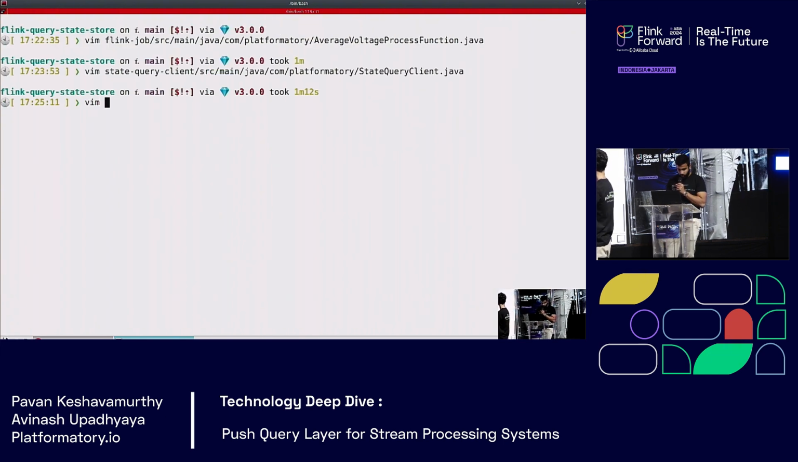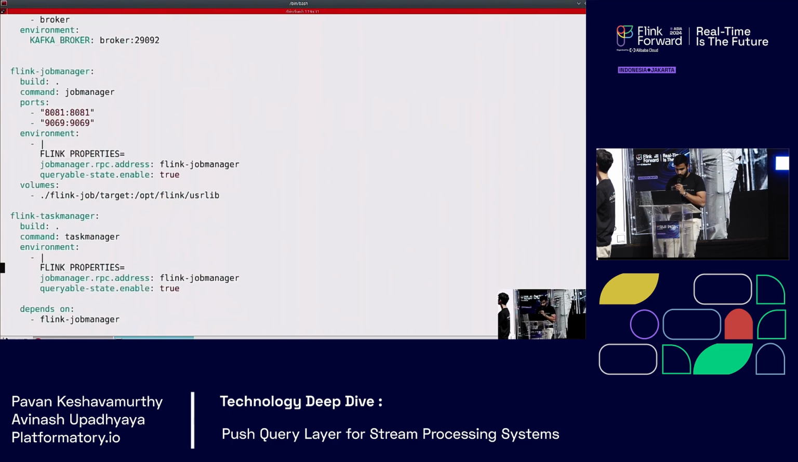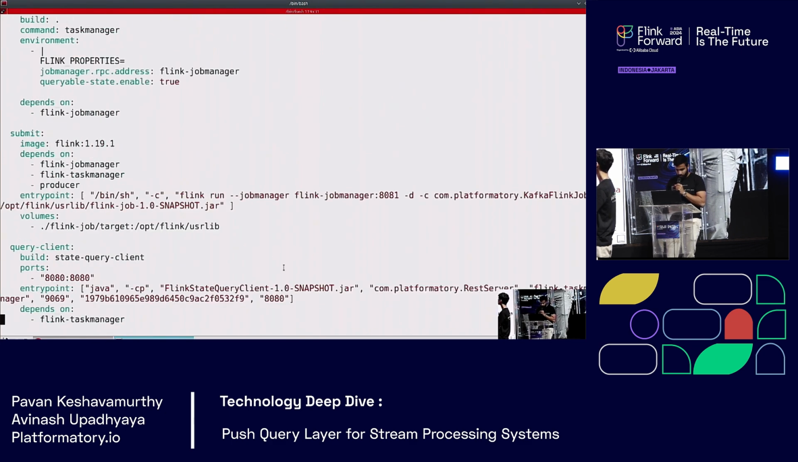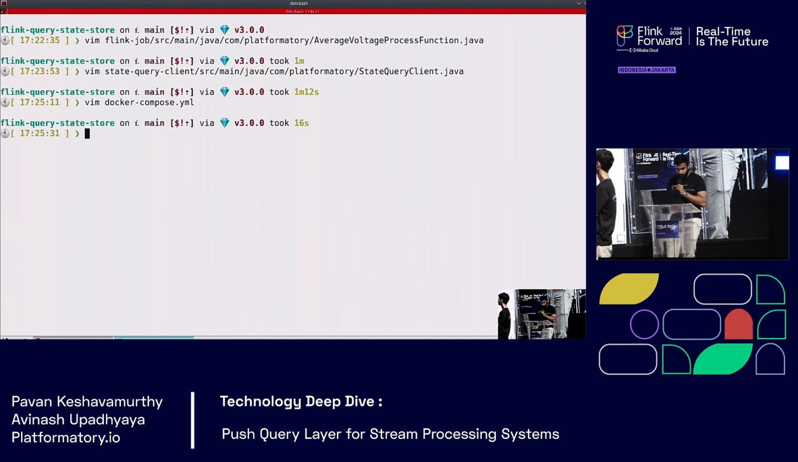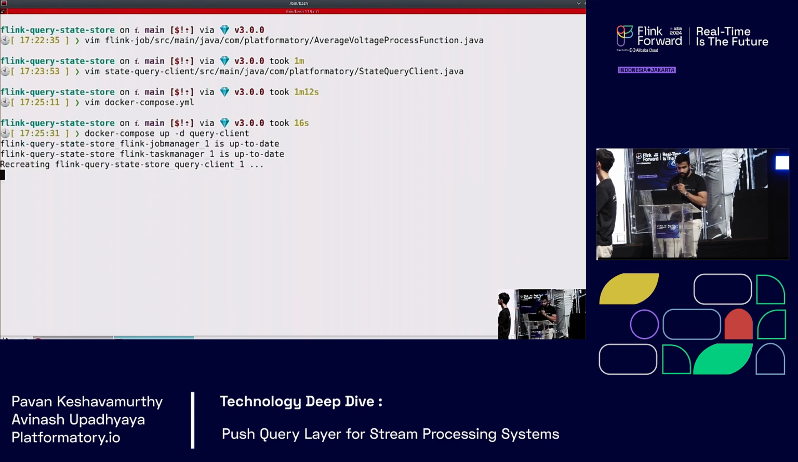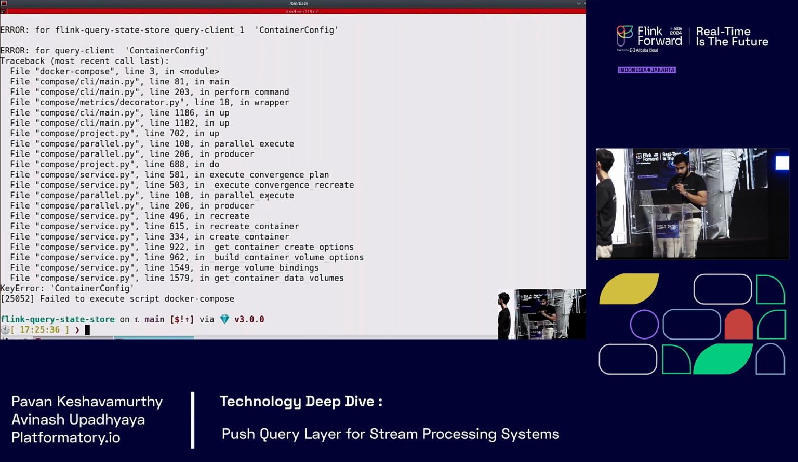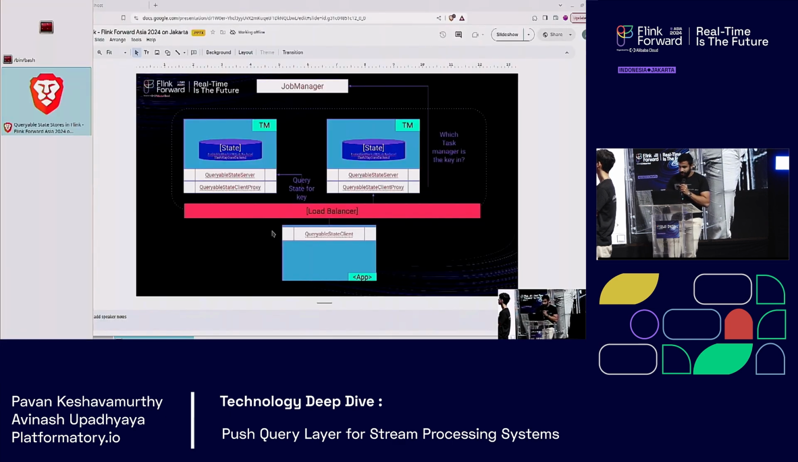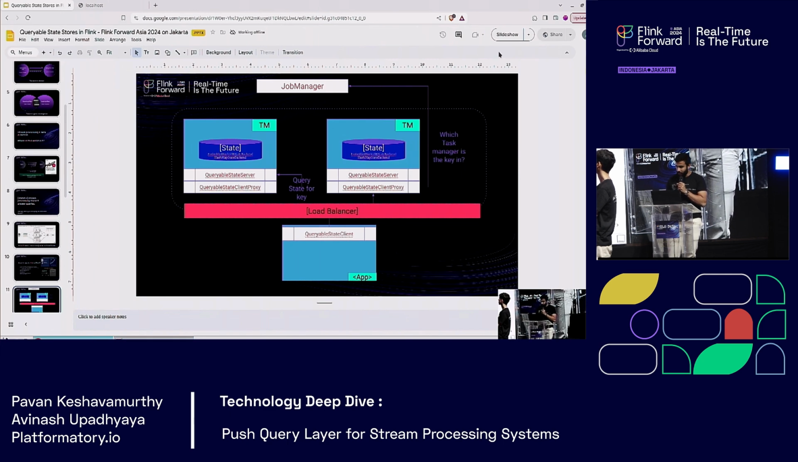You can probably take a quick look on what's wrong. Yeah, I think the ID did not update. Let me just quickly update this and bring this back up. You need to update the job ID with the latest ID. I think that did not happen. And now if I can bring up the query client. Okay, now Docker Compose failed. Okay, yeah, I think live demo was a bad idea. Yeah, in the interest of time, I'll go back to